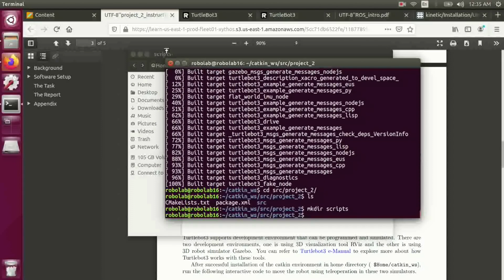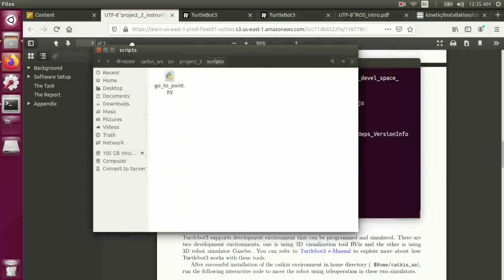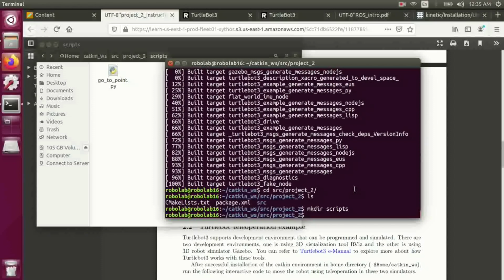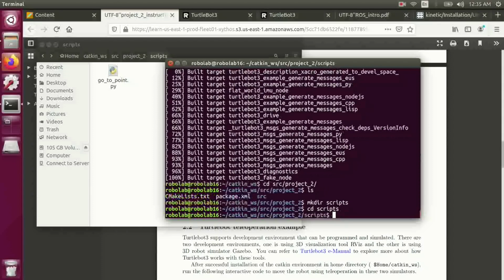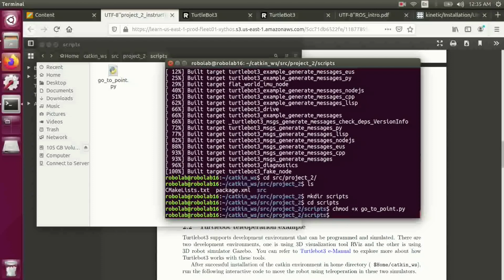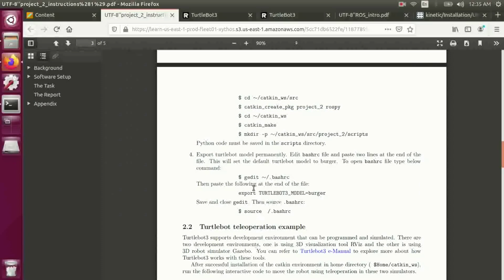And the last thing, in order to make it executable, we need to navigate to the same folder again. So scripts, and for that it is just chmod plus x go to point. Now our go to point.py file is executable, and whenever you run rosrun, it will be visible. And the last thing